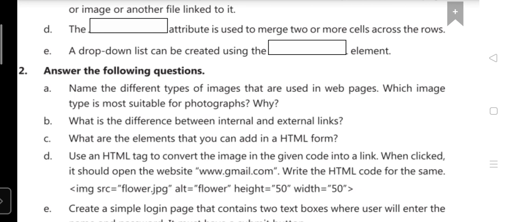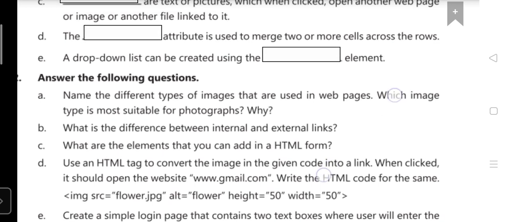Yes. Okay, first difference is about the link. An external hyperlink links to another file, means it opens another web page, but an internal link links to the same web page. Second difference is the attributes. For the external link you only have to use the href attribute, but for the internal link you have to use two attributes compulsorily, that is name and href. These are the two differences between internal and external links.